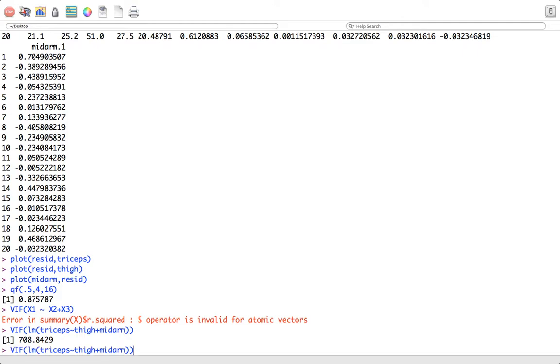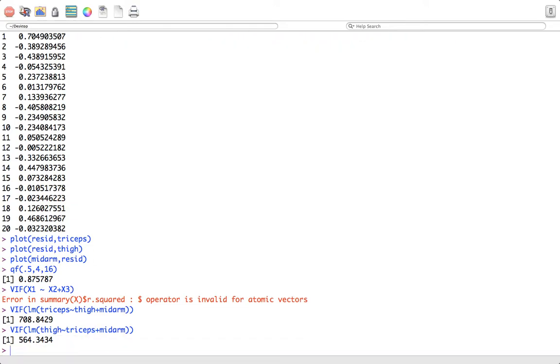Now, my next variance inflation factor that I want to do is from a linear model of thigh as a function of the other two. And the last variance inflation factor that I want to do